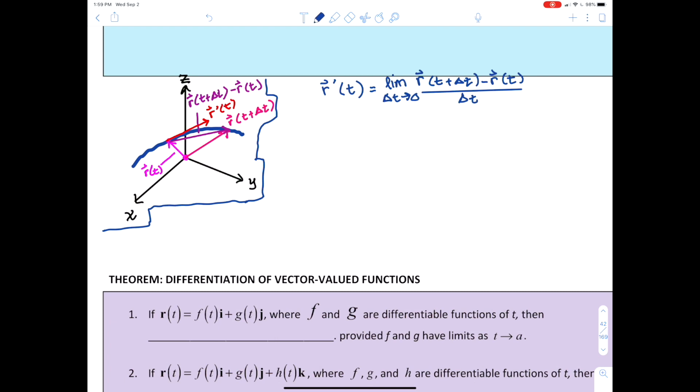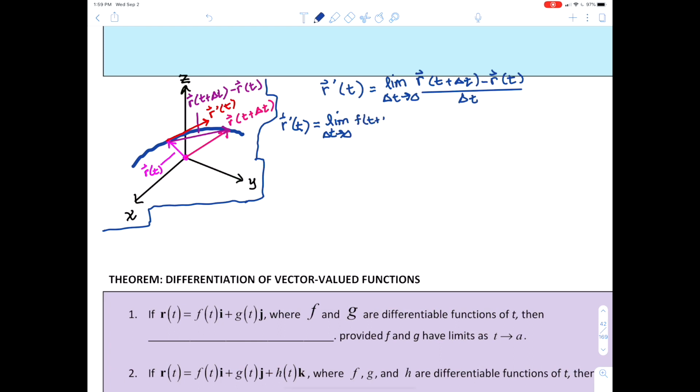So this is equivalent to r prime at t equal to the limit as delta t approaches 0 of, well, we will have